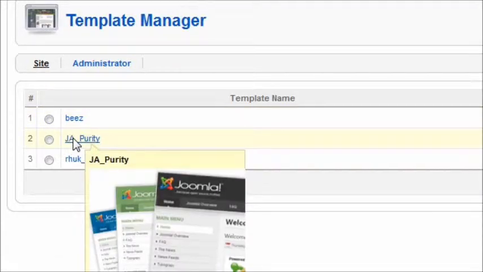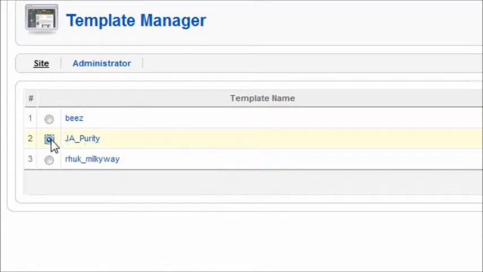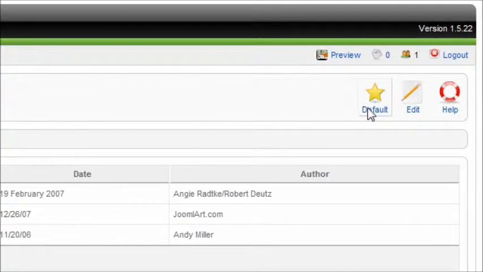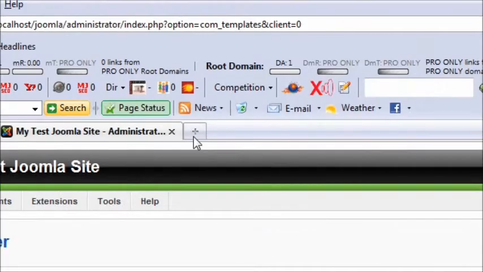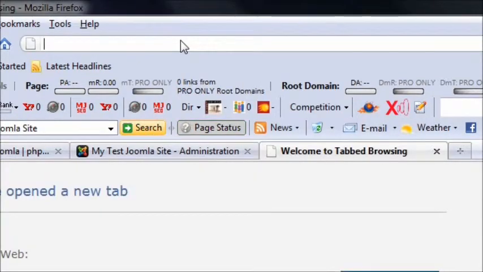Now if we select that one, the GA Purity, and make that the default, and then if we actually go back to a new tab and go to http://localhost/Joomla,